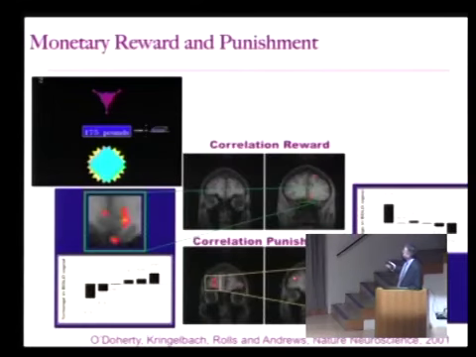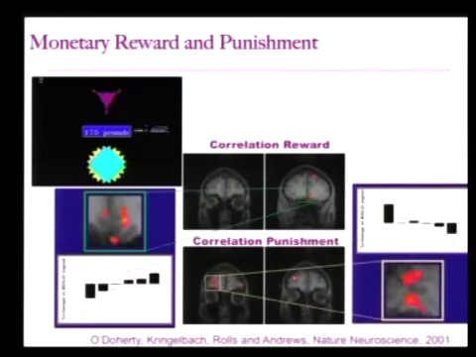And we then measure activity. What we look for in the brain are areas that correlate with the magnitude of the money that they win. So, for example, if they won £175, we'd look for areas for that. And then if they won 30, we'd look for slightly less activity. Or if they won 300, we'd look for more activity. So we correlate the amount that they win with the brain activity.